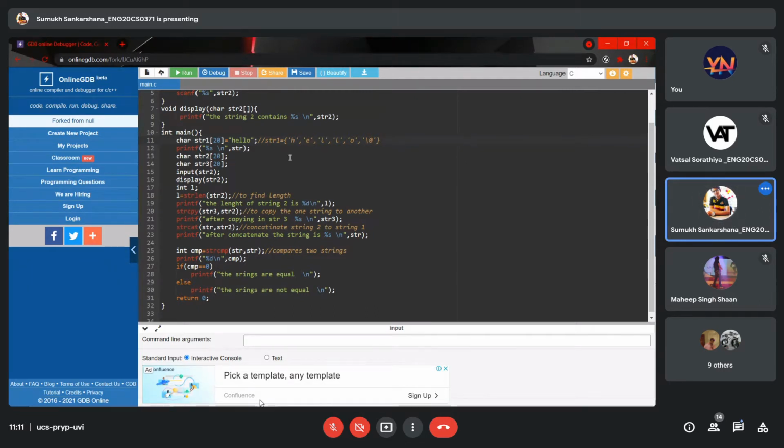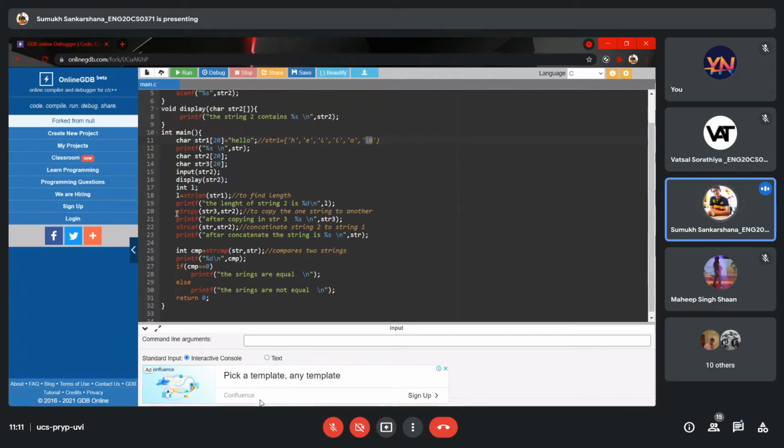Now let's see what these library functions do. The strlen function is used to find the length of the string. For example, if we take str1 over here and try finding its length, it will check how many characters are there inside that array of characters before the null character and will give us the integer value of it. That will be the length. I think you got a brief idea of it.